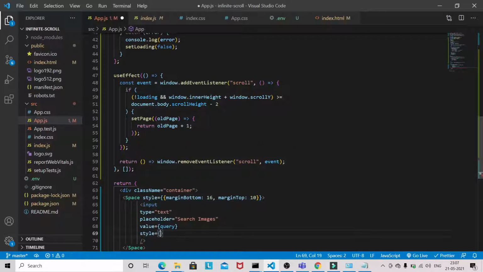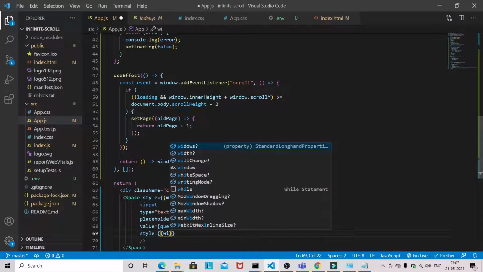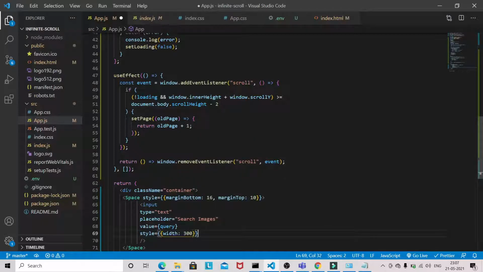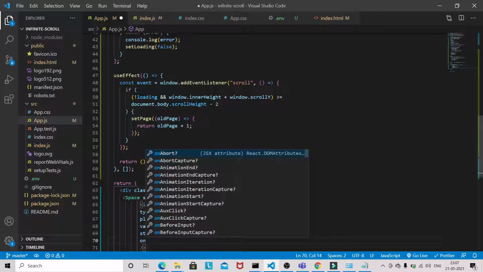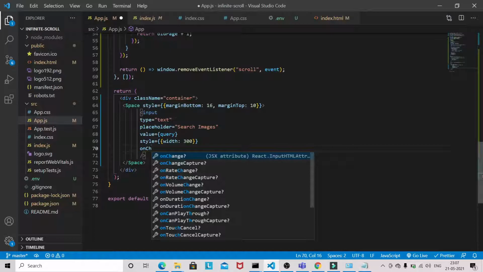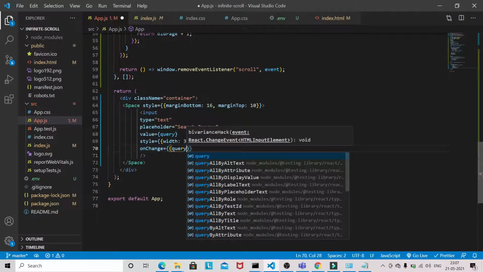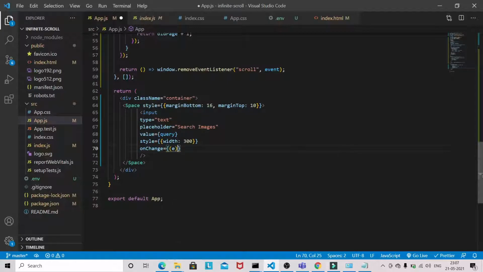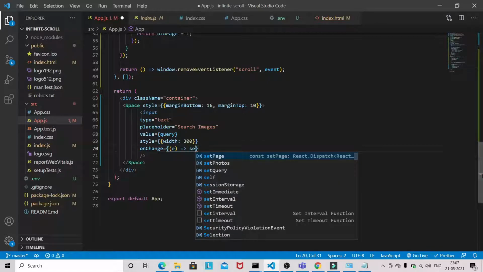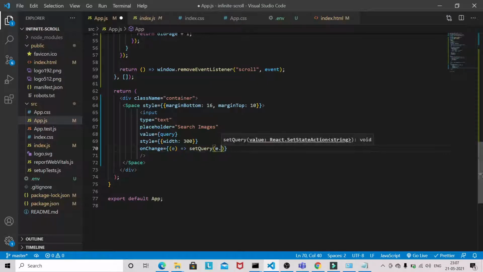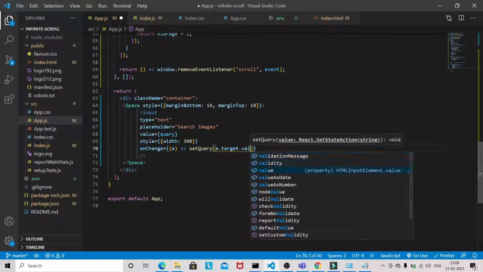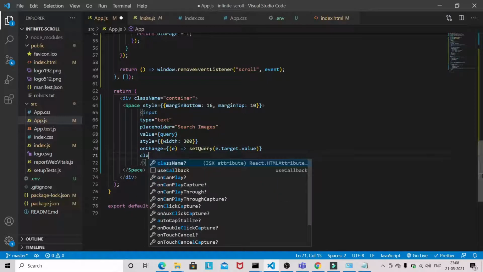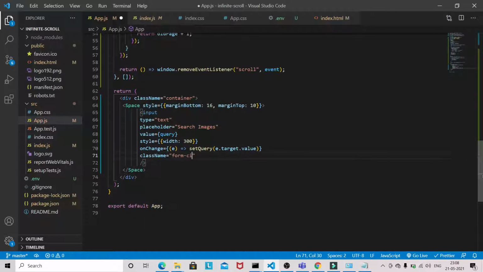Will give the style also, width 300, onChange, e dot, so setQuery, e dot target dot value, and the className will be form-control. Now we will be having a button.